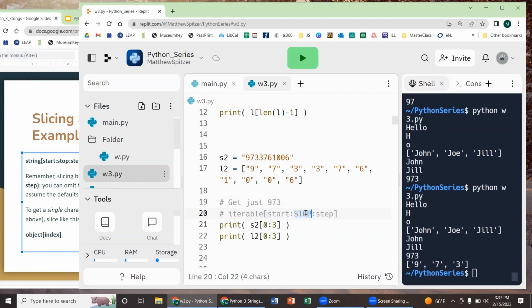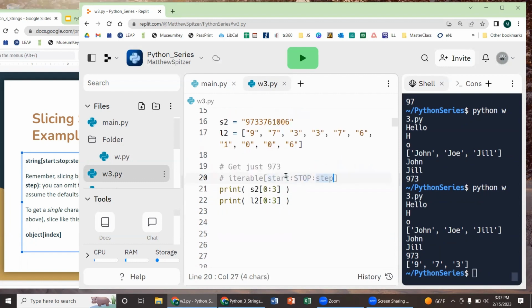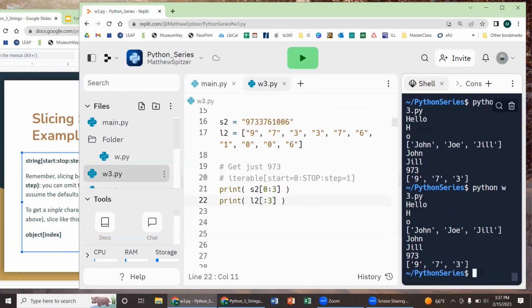Just like range, I've kind of capitalized the stop because it has to be included. You always have to say when to stop indexing. But these two will be set with a default like we know about. So I could do this, but I could also just do this as well. And if I do that, Python knows that by default, this is a 0, so we don't even need to